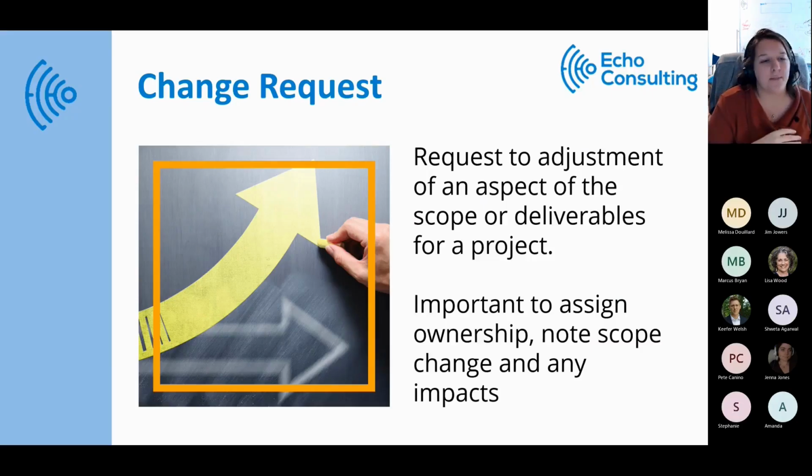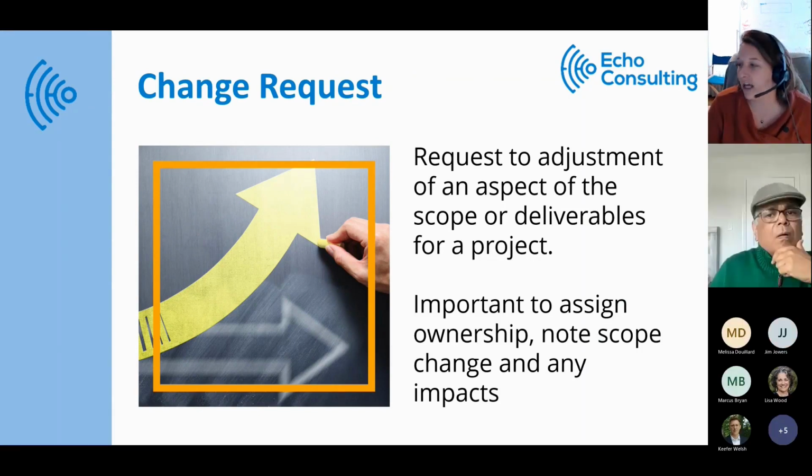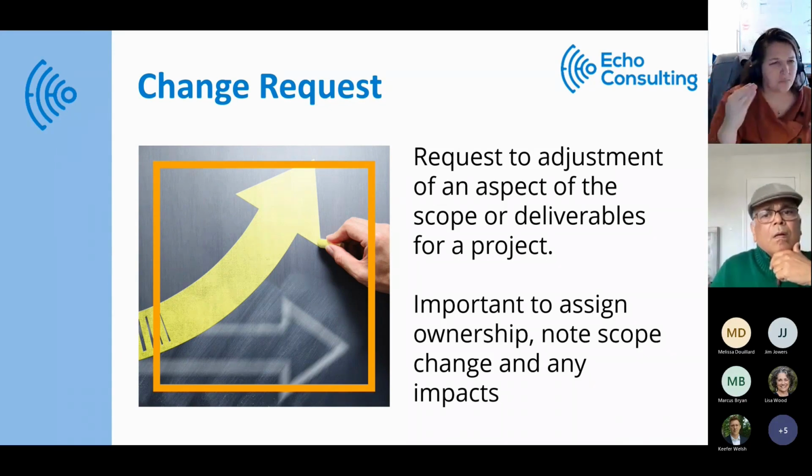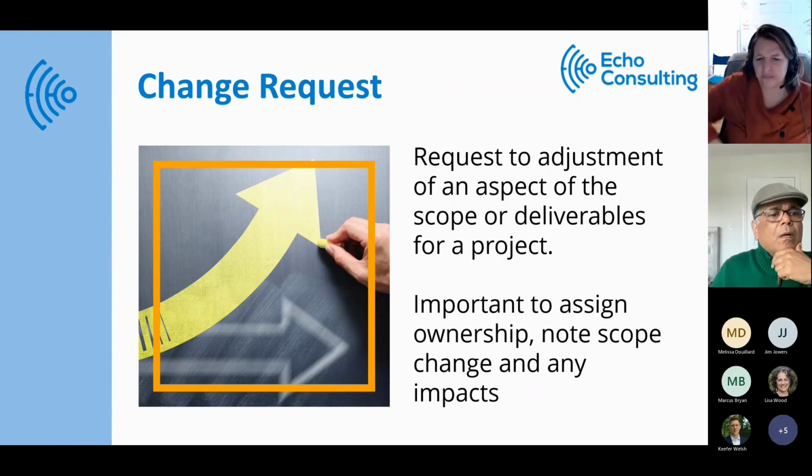But changes can happen across multiple different areas, right? So it's not just change. It can be the scope of the project. It can be a change in a resource. It can be a change in the schedule based on some new deliverable. So it's really important to be able to track all of the changes so that they're known,